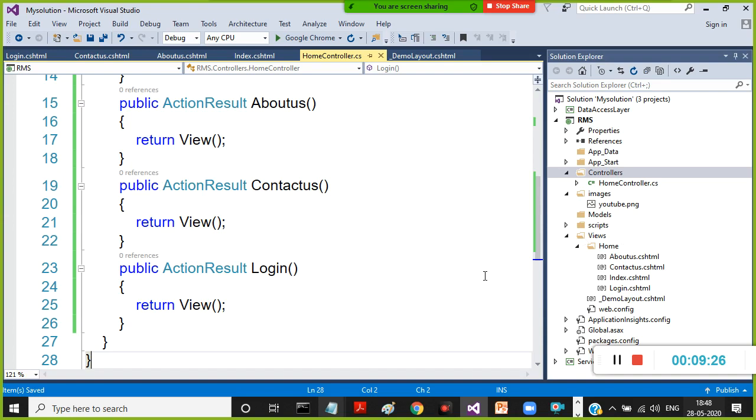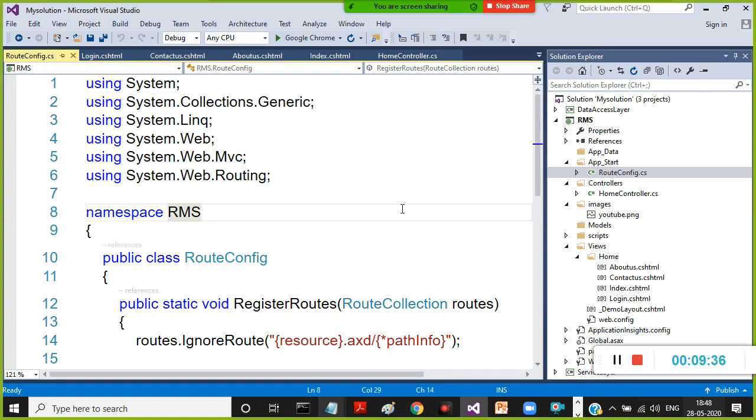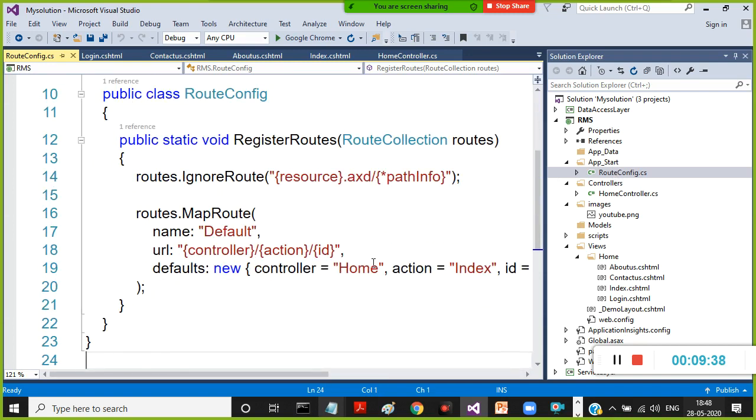So here what I am doing, I created all the views. My demo layout page is ready. But you cannot execute the layout page. You have to execute any of the view pages. In MVC, generally the request will go to the server. Who will accept the request? Controller. First of all, here if you go and check, RouteConfig.cs is there, and there you can